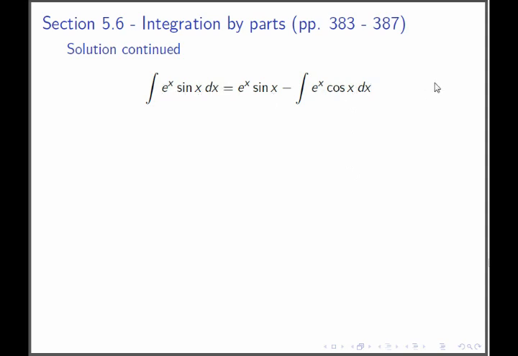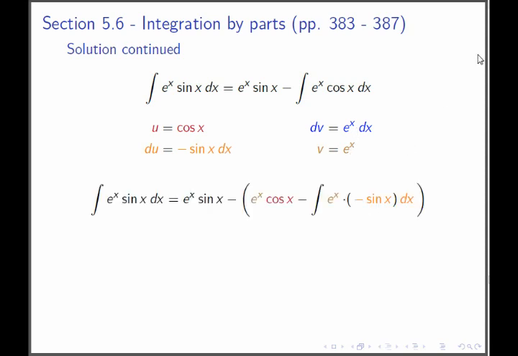But here's a case when we have to do integration by parts a second time. We're going to use the trigonometric function as our u again, and we're going to use the exponential function as our dv again. So these are the choices we make. Let's take the differential of both sides here to get negative sine x dx, and on the right we integrate both sides. Okay, now the integration by parts formula says that this integral is going to be uv minus integral v du,